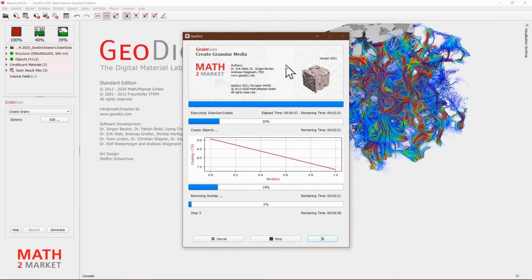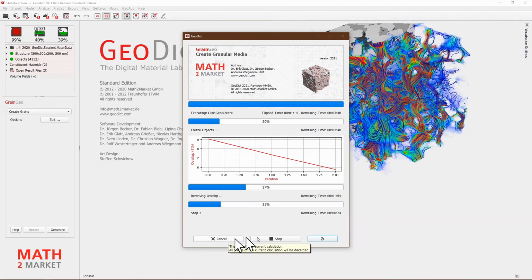And the way the algorithm works, it creates an overlapping version of the grains at first, and then it wiggles them around and moves them around, trying to remove that particular overlap. And what we're seeing here is there's going to be a number of steps taken where we are reducing the overlap in the objects right here. We have asked that value to come down to 0.15, so that's very low, and we're actually not ready to wait for all that. And instead, I'm going to not cancel this structure generation, but stop it.